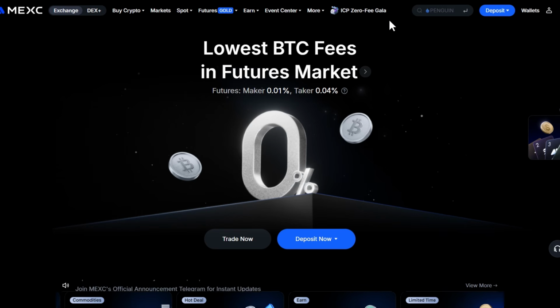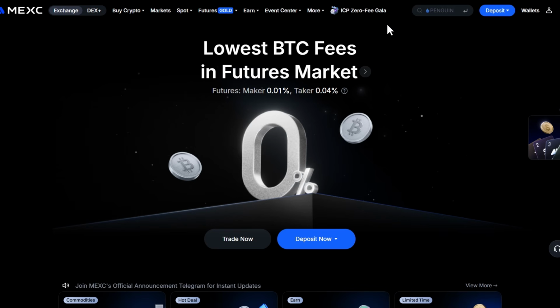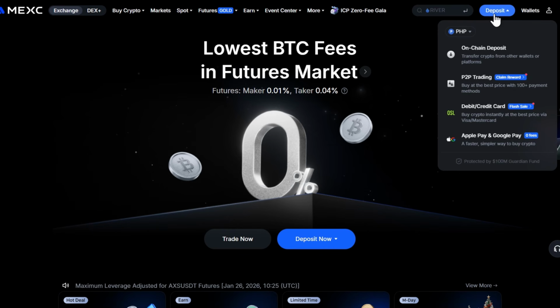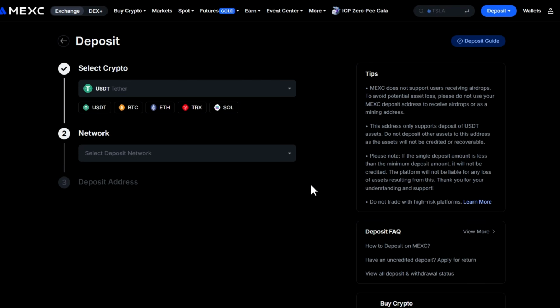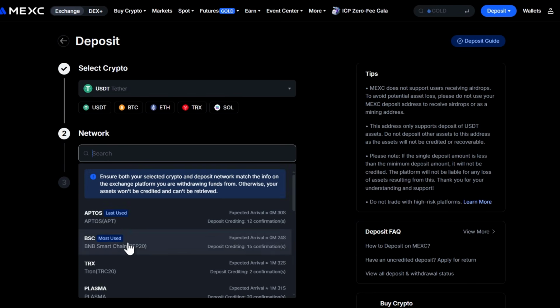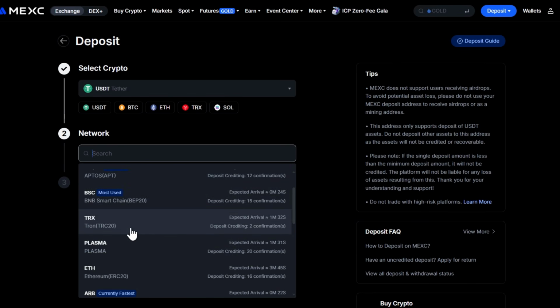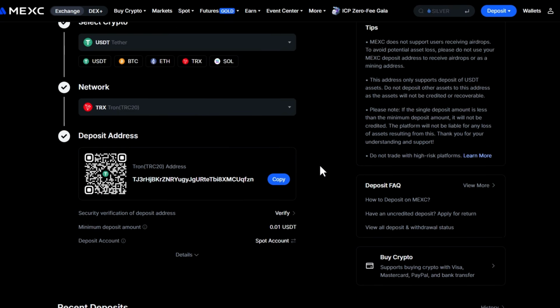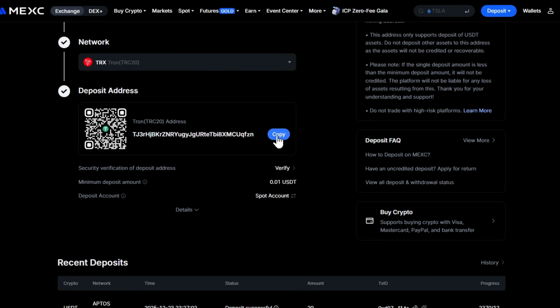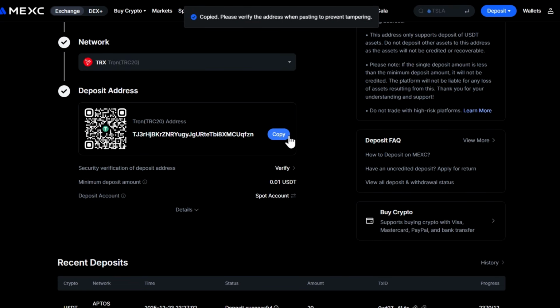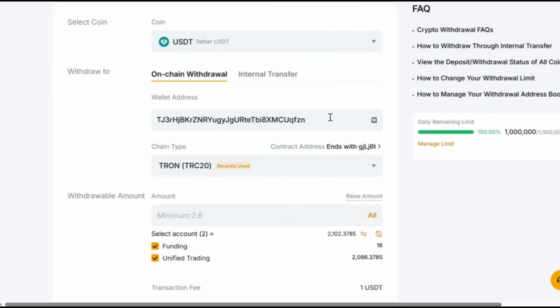Step 2 is depositing funds. Let me show you how to deposit funds before we jump into the strategy. Once you're logged into MACD, click Deposit in the top right corner, then click On-Chain Deposit. Choose the coin you want to deposit. I recommend USDT, and select the correct blockchain network. Make sure you choose the right network to avoid losing your funds. Confirm the details, then scan the QR code or copy the deposit address to transfer your funds from your wallet